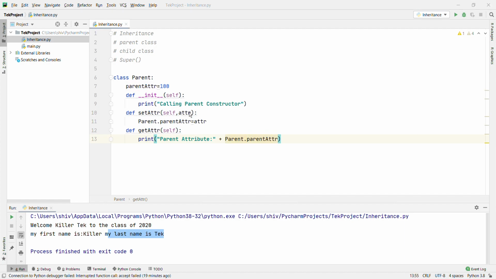Now I'm going to create the child class. I'm going to define init with self and then print "calling child constructor".